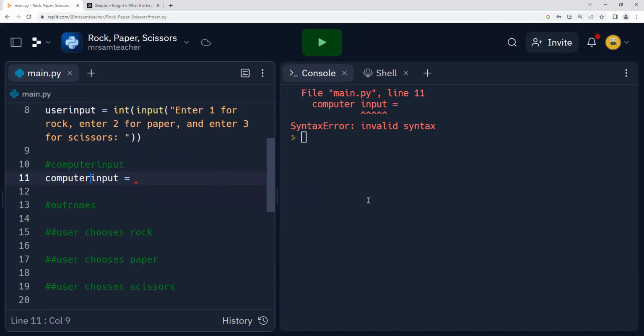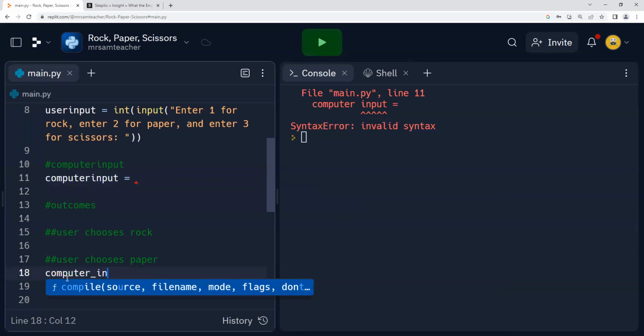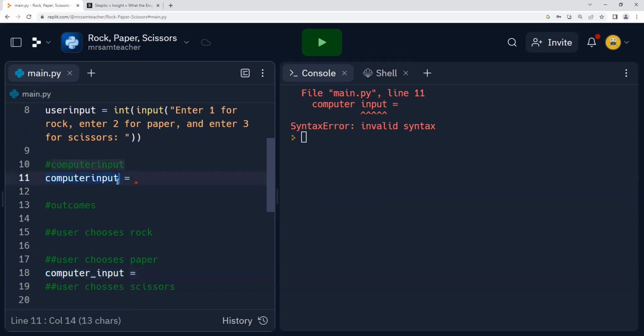If you have a really long variable name and you have to space it out for your best interest, you can put an underscore. That way, technically, it's not separated, but it looks like it's separated. As long as you use whatever you declare as a variable here and use it throughout, you should be fine. But say you put computer input here and then later down in your code you put computer underscore input. Believe it or not, these two variables are completely different. So it's going to give you an error because you're using a variable that doesn't exist, or it might exist, but it might not be the one you think you're using.